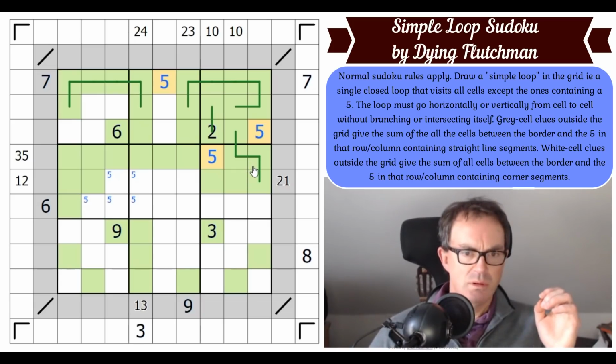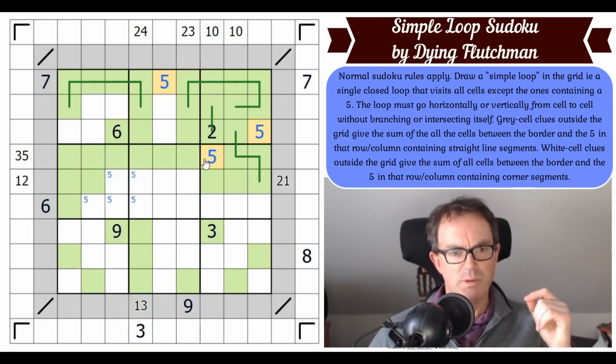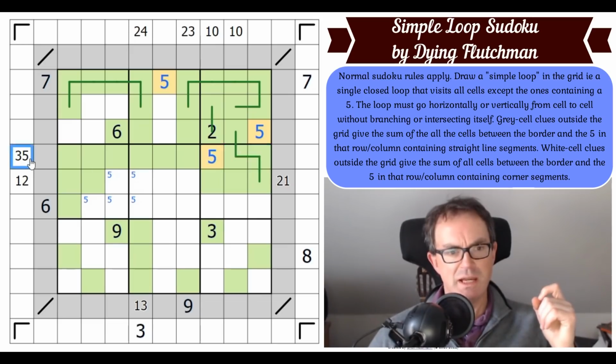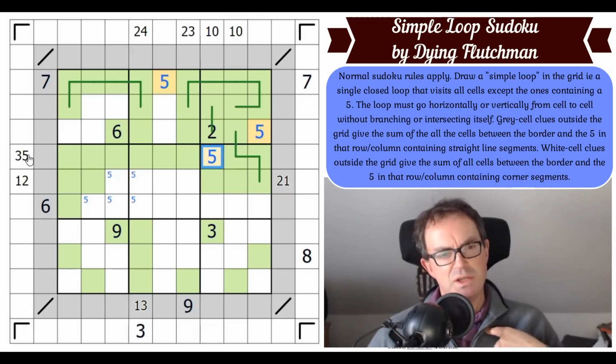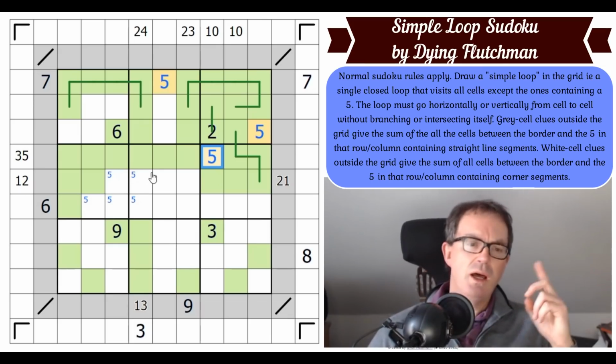Hang on, have I now got a problem in row 4? I keep thinking I've broken this puzzle. 35 at least, 40, and 2 cells there that are not counted in this clue. I'm just wondering, do we know these add up to 5 therefore? Is that what we're being told? Or is it possible within this 35? No,